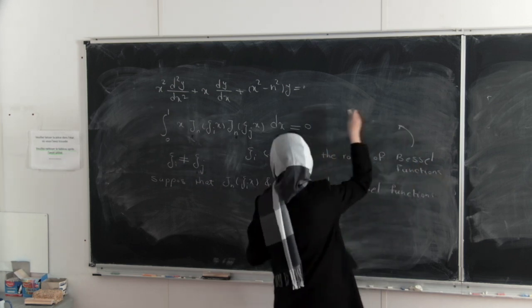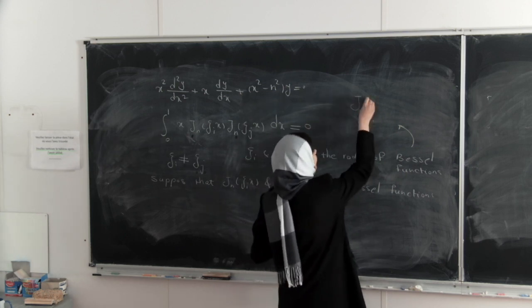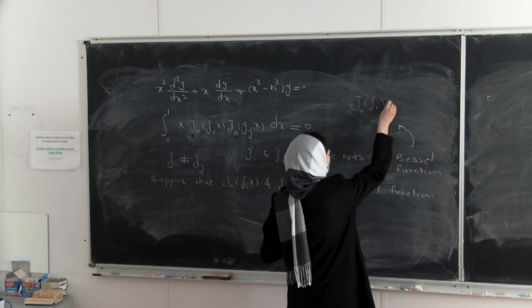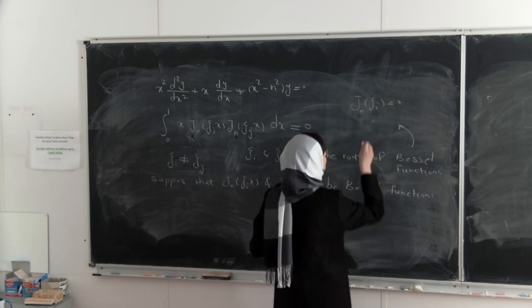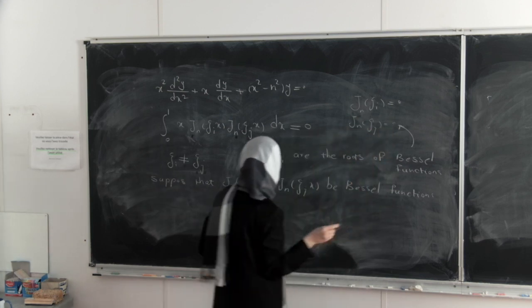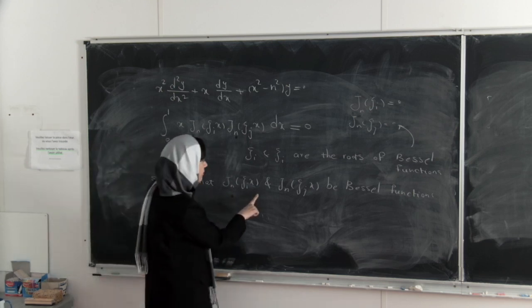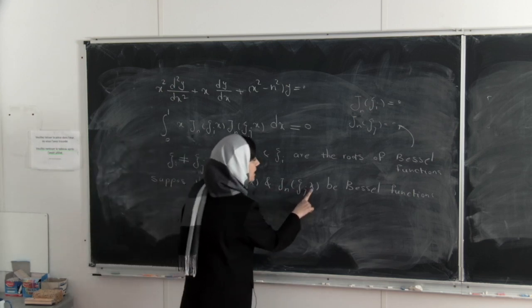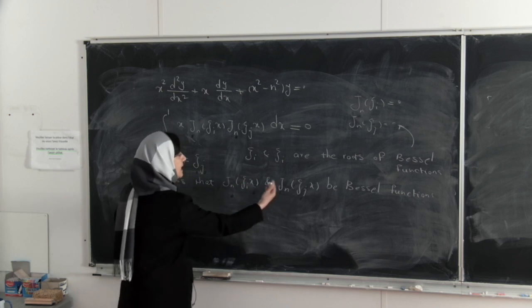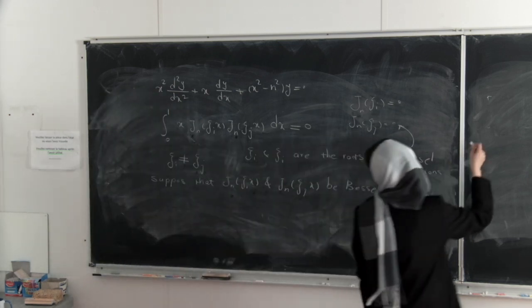So we know that the Bessel function Jn of chi i or chi j equals 0. Okay, suppose that Jn of chi i x and Jn of chi j x are Bessel functions, so they satisfy this equation, and we have